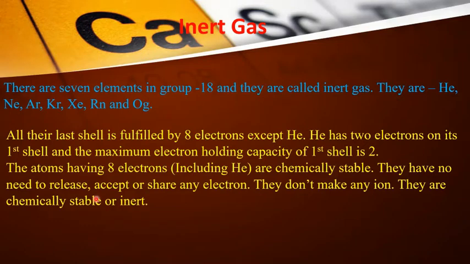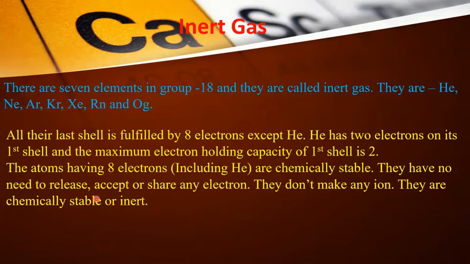Their last shell is fulfilled by 8 electrons, except helium, because helium has only one shell and it is fulfilled by 2 electrons, and the first shell can contain a maximum of 2 electrons, so it is also fulfilled. The atoms of the other inert gas group, that means neon, argon, krypton, xenon, radon and oganesson, their last shell is fulfilled by 8 electrons, and atoms having 8 electrons are chemically stable because they have no need to release, accept